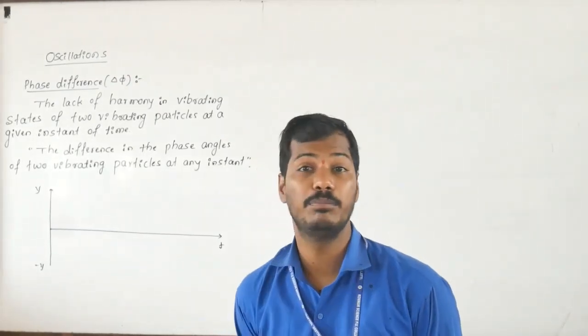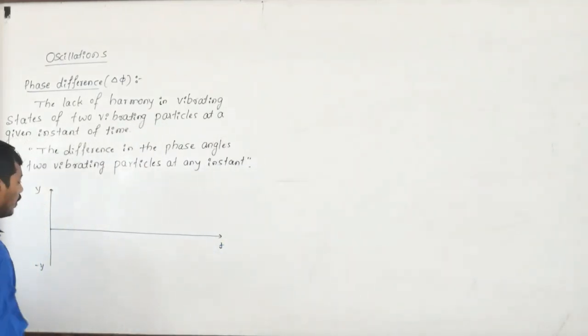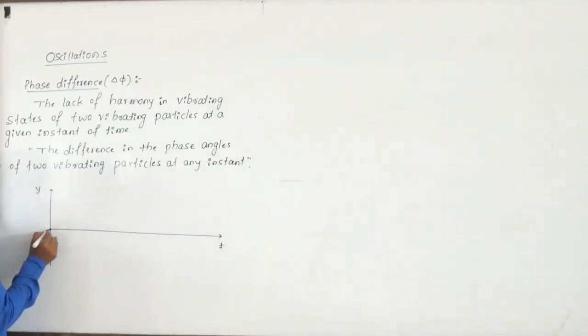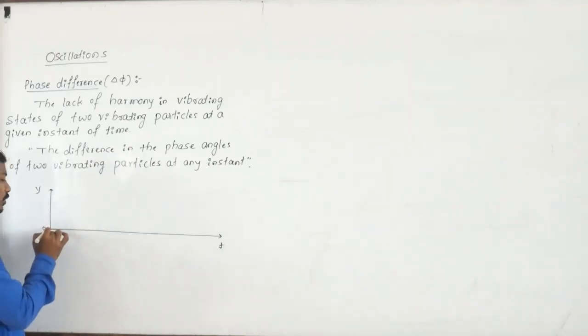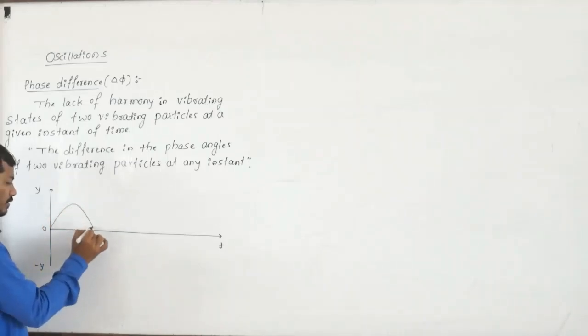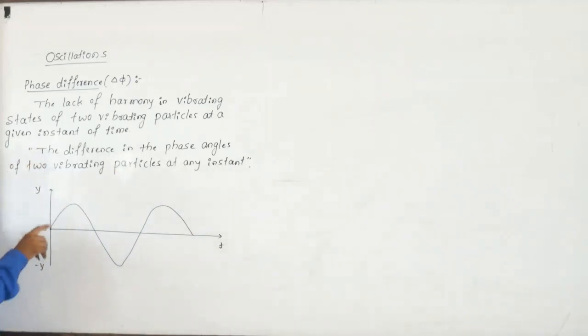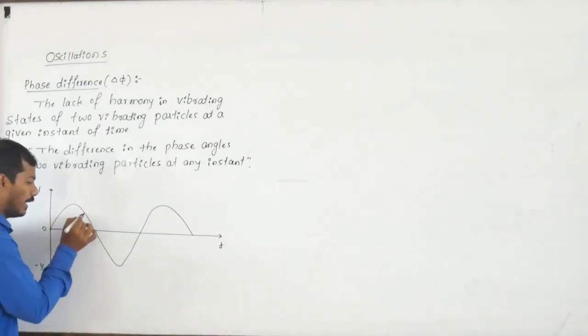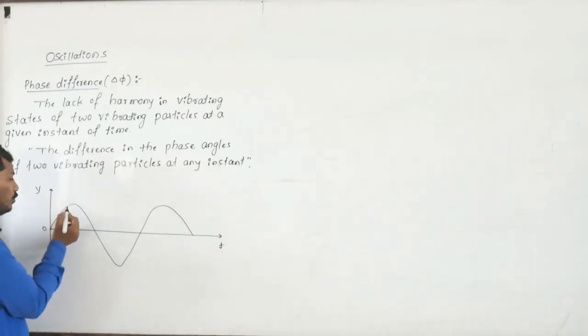The phase should be with respect to its mean position, called the mean position of the particle. If one particle starts to vibrate from its mean position like this, the particle just starts to vibrate from its mean position here. The particle could be here, or here, or here, any different position. If it takes a new position here,